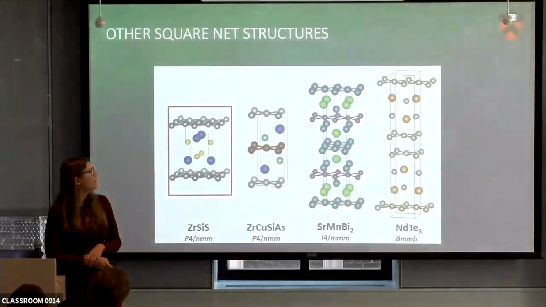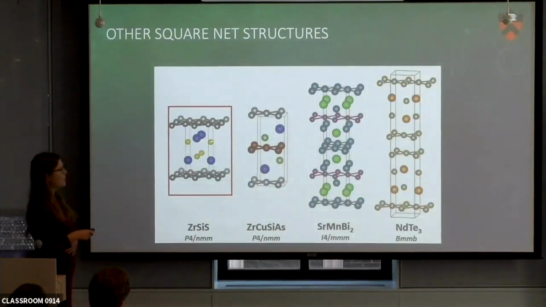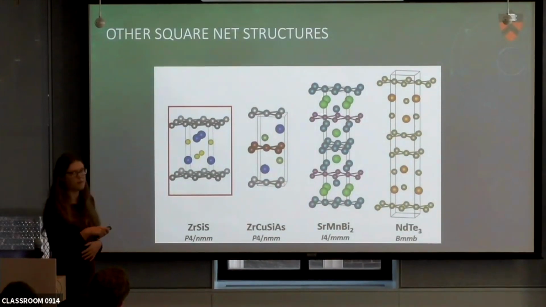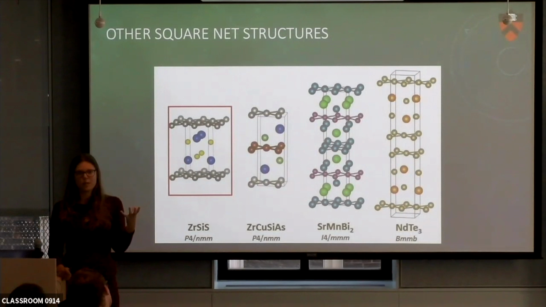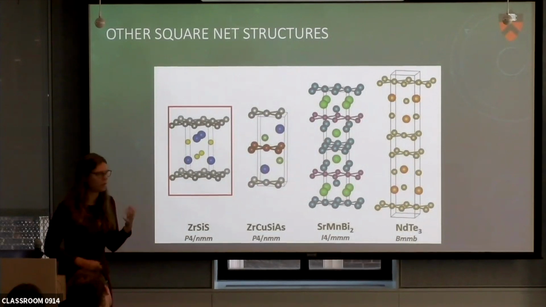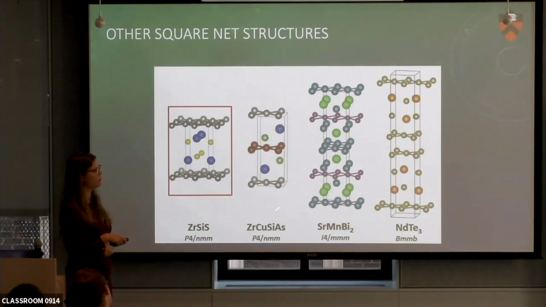Okay. But so far I talked about materials that originate this structure from square net, but there are all these other structures that have square nets in crystal structures, and that's basically one of the favorite things of solid-state chemists. Once we have some rule for one structure, the structural motif, we want to apply it to other structures which have these motifs. And you might know this structure type because strontium manganese bismuth 2 is also known to be a Dirac semimetal. And so these linear band crossings definitely also appear in these other square net structures.